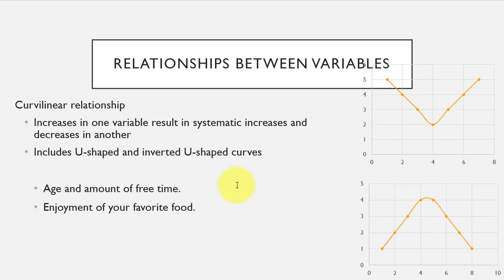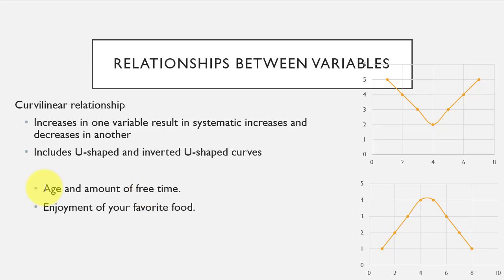So the curvilinear relationships, they form curves. A curvilinear relationship is either an upside down U or a U-shaped distribution that measures something that starts low and peaks and goes low again, or starts high, goes into a dip and then goes back up again. So let's take a look at